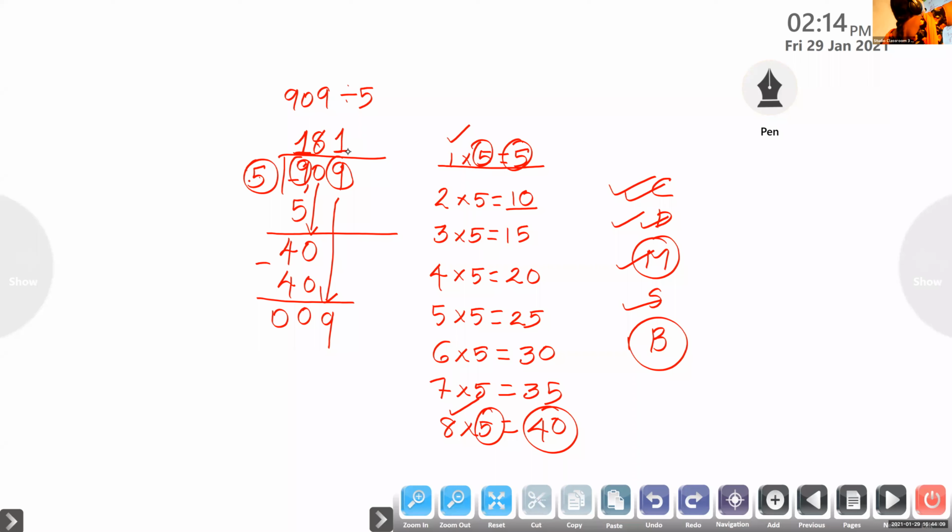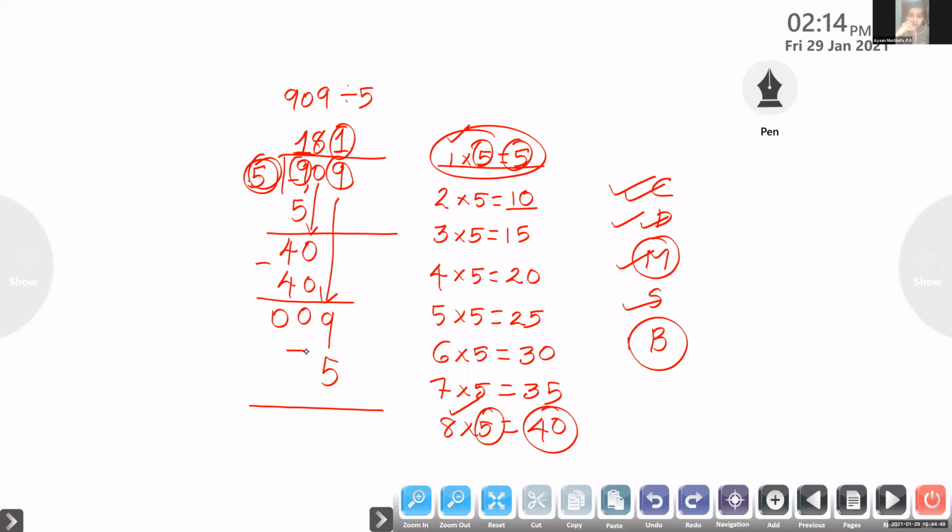Now, Ayan, 1 into 5, what will you get? Next, we have to multiply. 1 into 5, what will you get? 5. It is already there. 5. What is the next step? What do you have to do next? After writing like this, what do you have to do next? My dear, we have to subtract 9 minus 5. What is 9 minus 5?